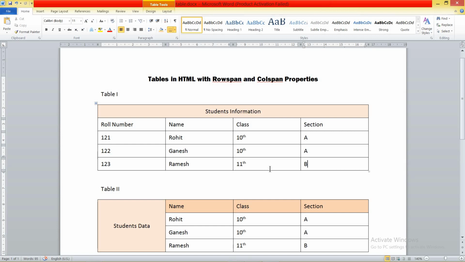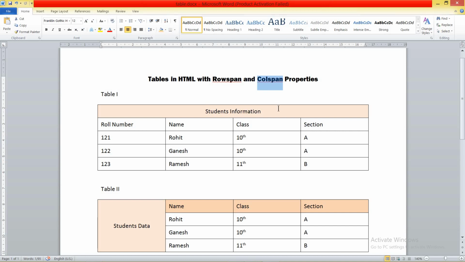If you look at the first row, this row has only one cell. It means this row has only one column. Now the second row has 1, 2, 3, 4 cells. It means the first row we have merged. In the first row we have used the property that is colspan.